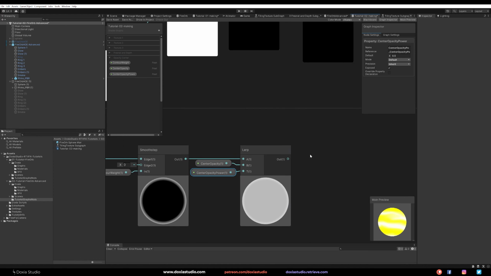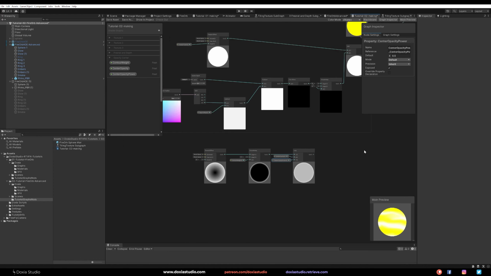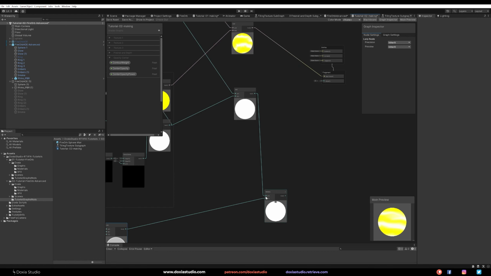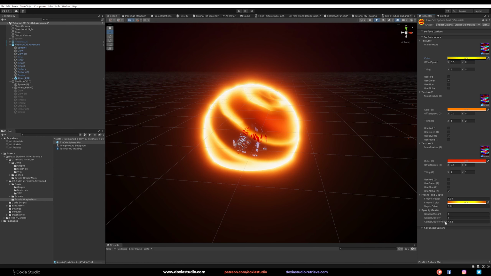Okay, so now let's use this on the final alpha here. Because we want to overwrite this opacity with the final one. So how do we do that? Just multiply. So this one will be on top of this, and then use this on the alpha. So let's save our asset. And let me just turn off. Now the alpha will come into play. So as you can see, we got that.